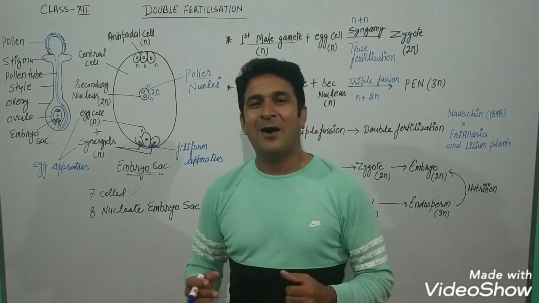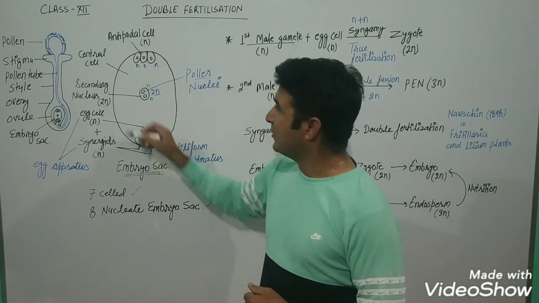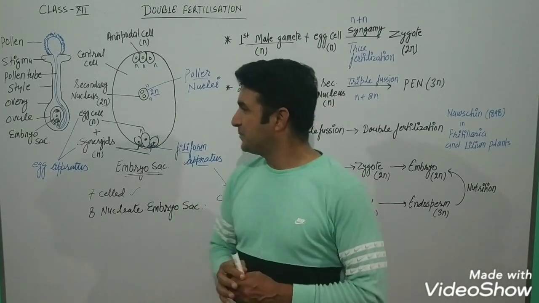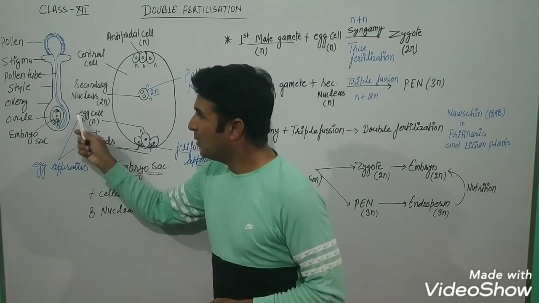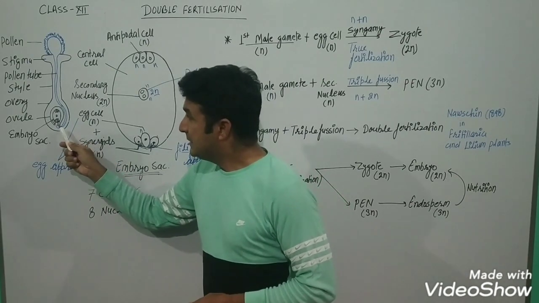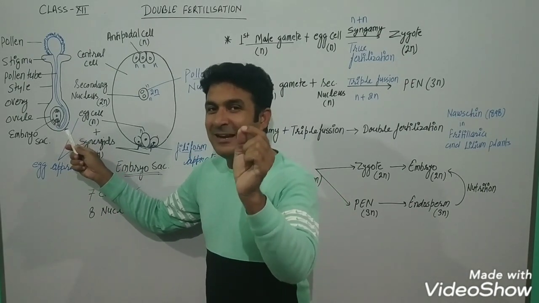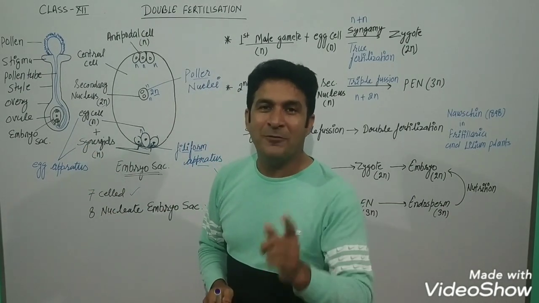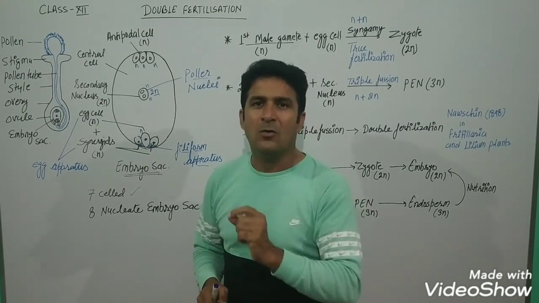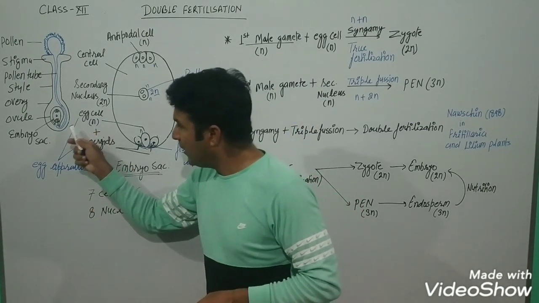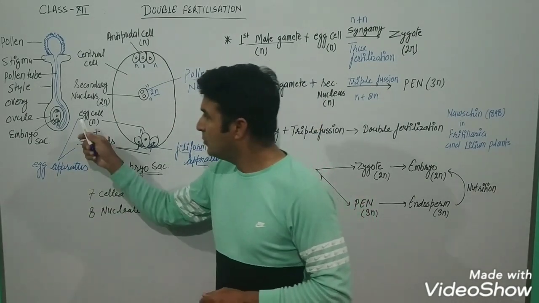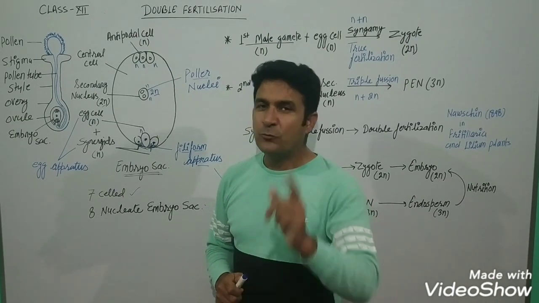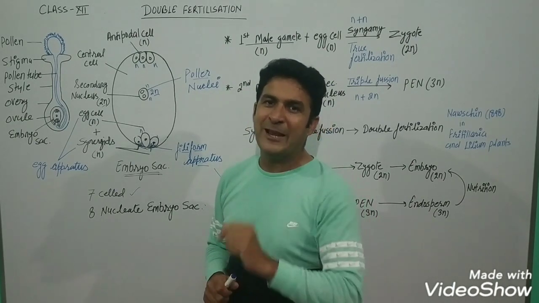After this we will discuss the processes that take place inside an embryo sac. To understand all these processes, first of all, we have to understand what happened here. In the last topic, pollen pistil interaction, I taught you that the pollen tube gets entry into the micropylar end of an ovule. So the question comes, how? How does the pollen tube know where it has to go? How does the pollen tube know? For that you have to understand it very clearly.